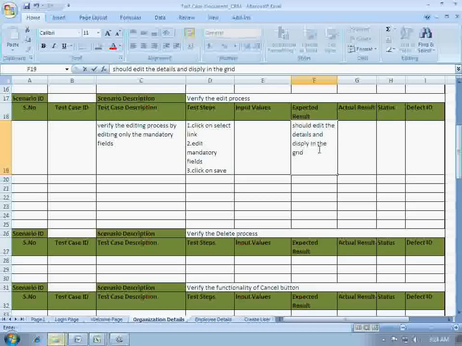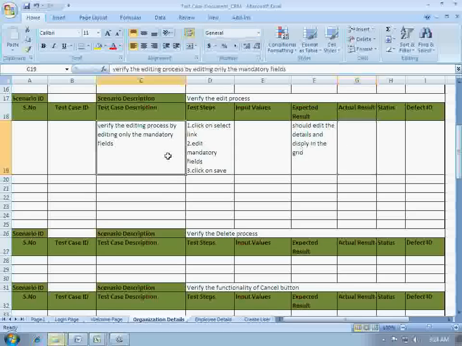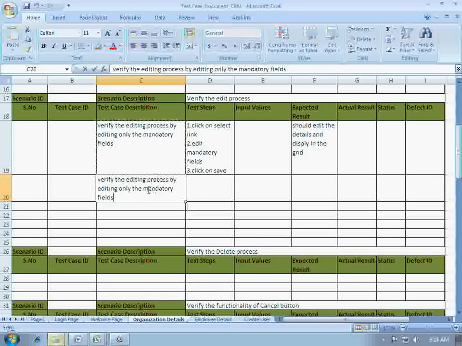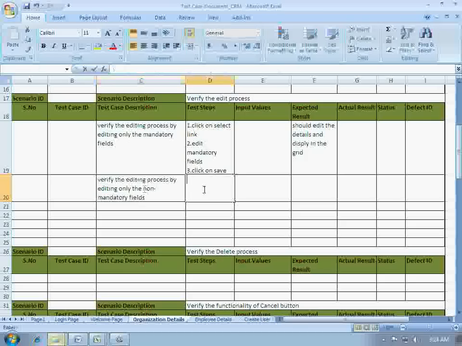Okay, so the next test case would be verify the editing process by editing, yes, you have guessed right, only the non-mandatory fields. So the first step would be click on select link and edit non-mandatory fields and click on save.